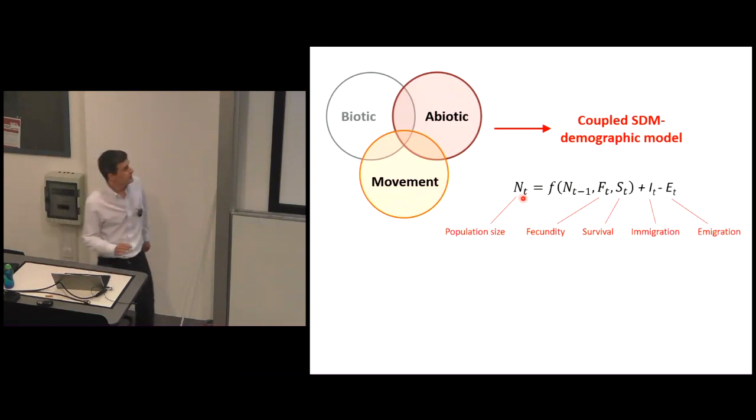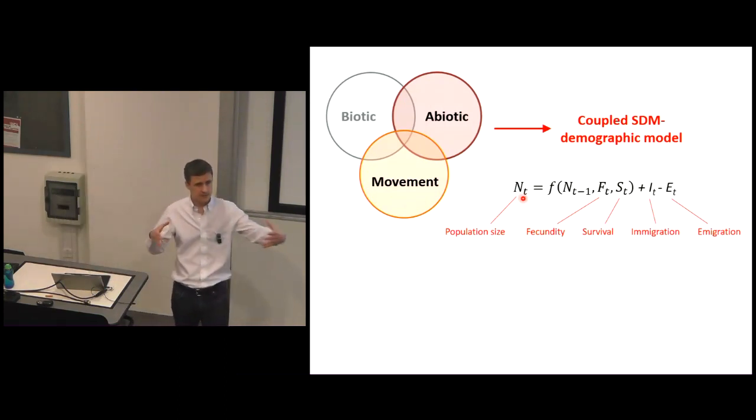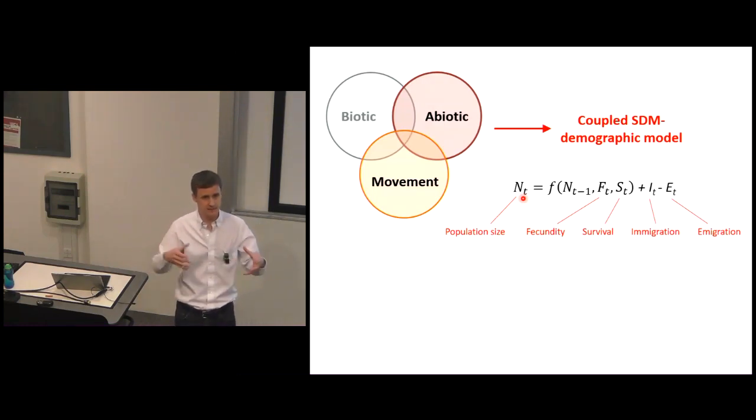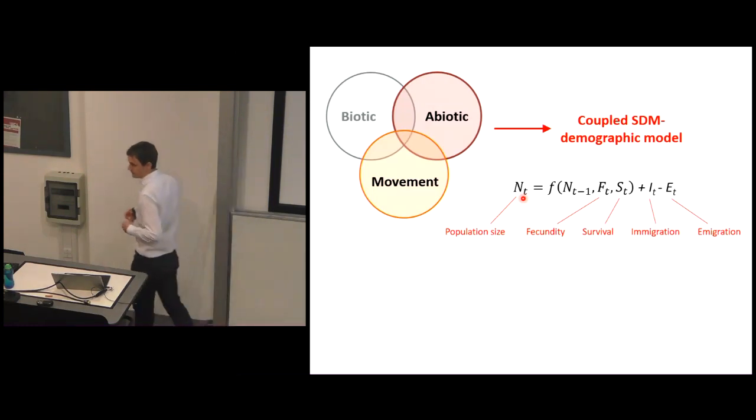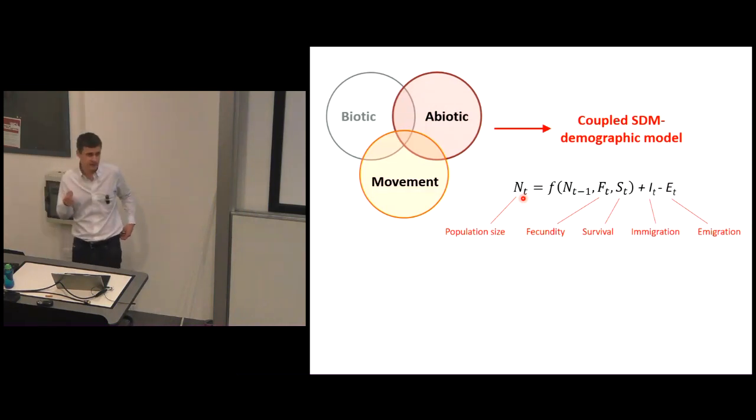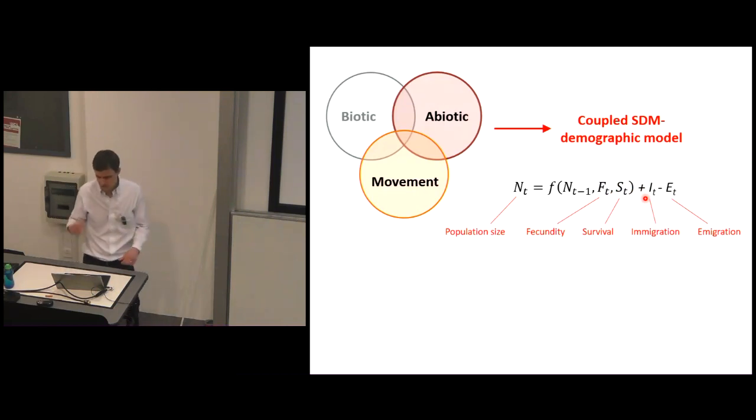We need to model population sizes. What I've talked about so far is just changes in suitable areas for species, suitable habitats. If we're going to really have a good go at estimating extinction risk, we need to be saying something about the numbers of species or the abundances. So what we essentially do is say that the population size at time t is some function of the previous population size, the fecundity, so the births, the survival, the deaths, and then immigration, so you add immigration and you take away emigration.